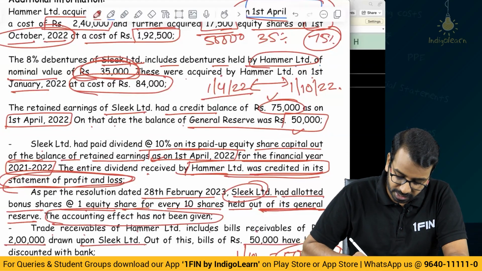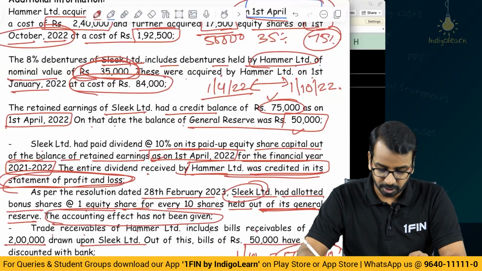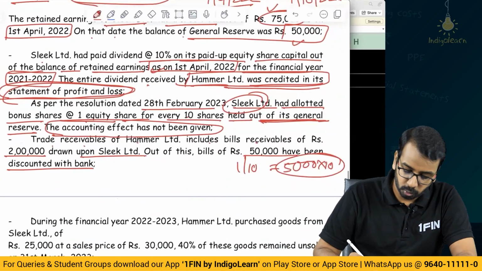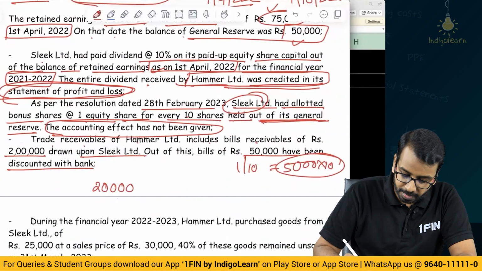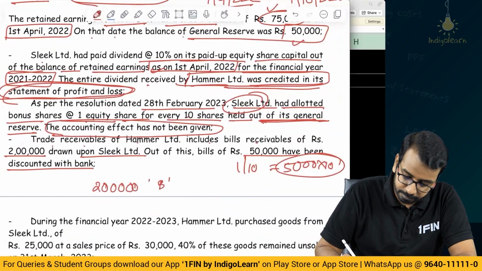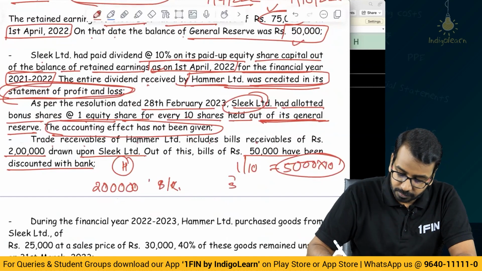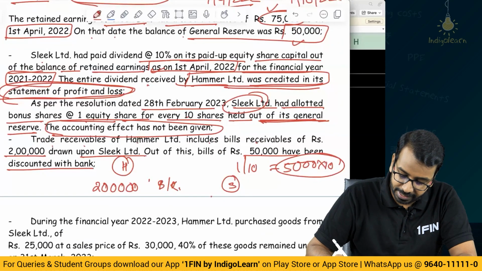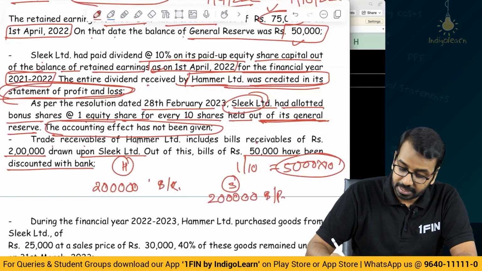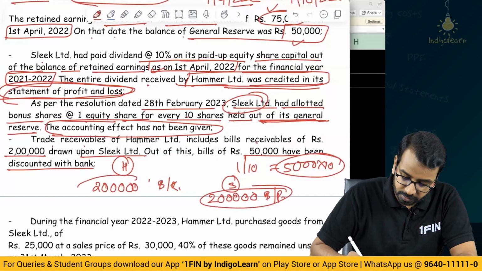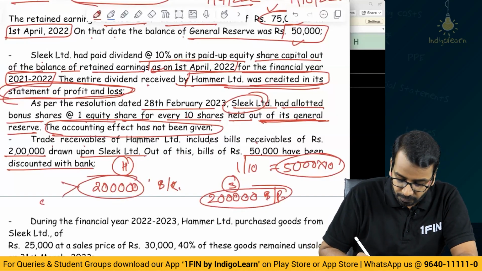Out of this, 50,000 have been discounted with the bank. So 2 lakhs is the bills receivable. Okay, so Hammer says 2 lakhs is the bills receivable, and subsidiary will say 2 lakhs of bill payable. It is saying 2 lakh of bill payable, but out of this 2 lakhs of bills receivable, 50,000 is with